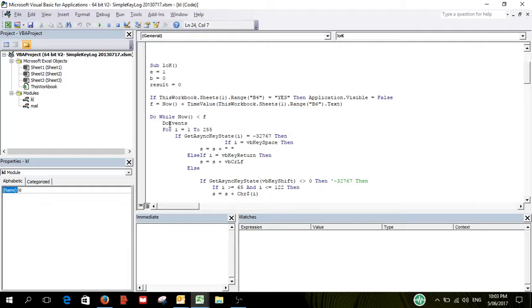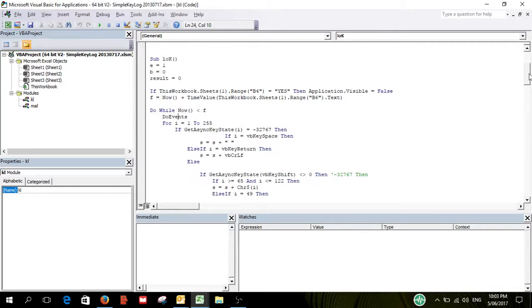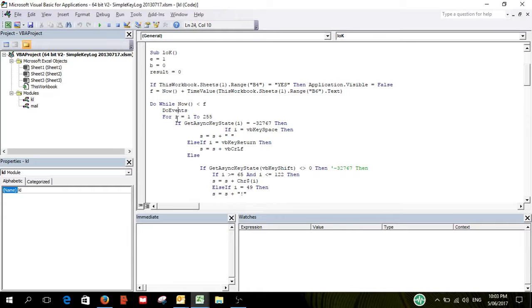DoEvents is important because, in case you need to go in Excel and type things in another window, or pause the macro, if that's not there, it's not going to process those events till the end of the subroutine. So every time I go through the loop, it will look for any pending events, process them, and continue. Now my loop for I is from